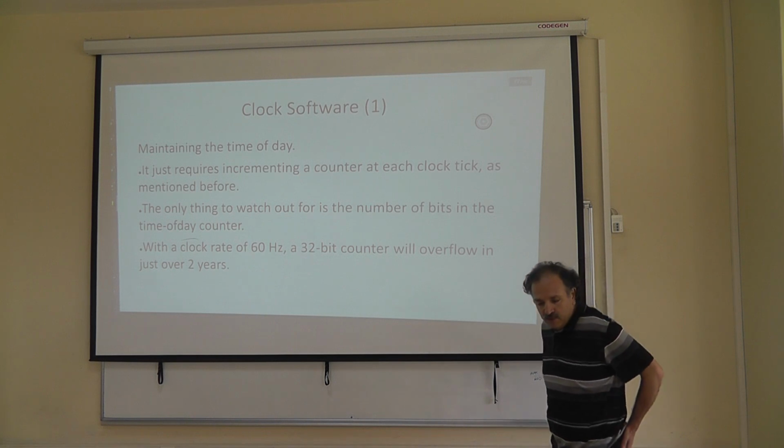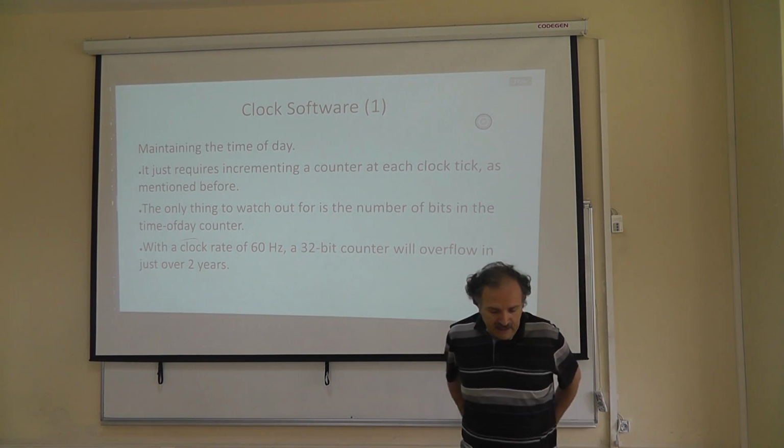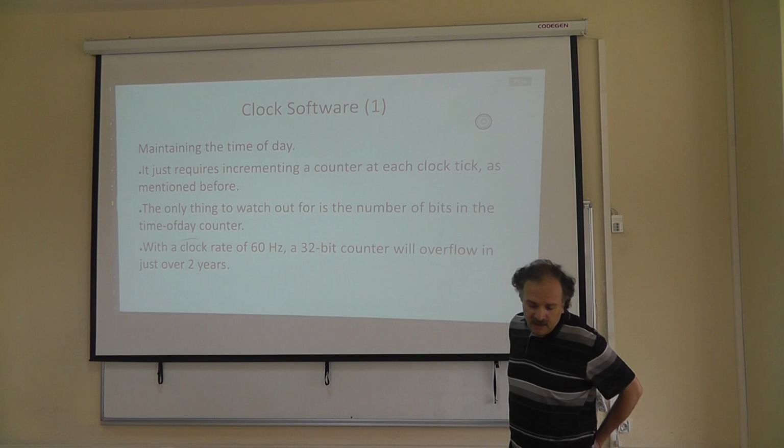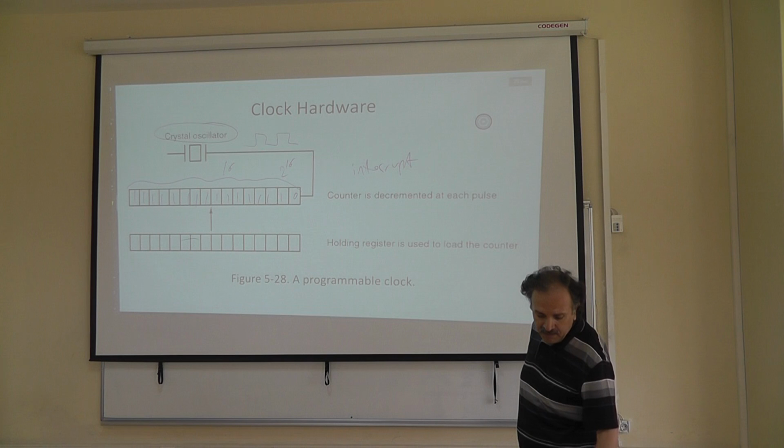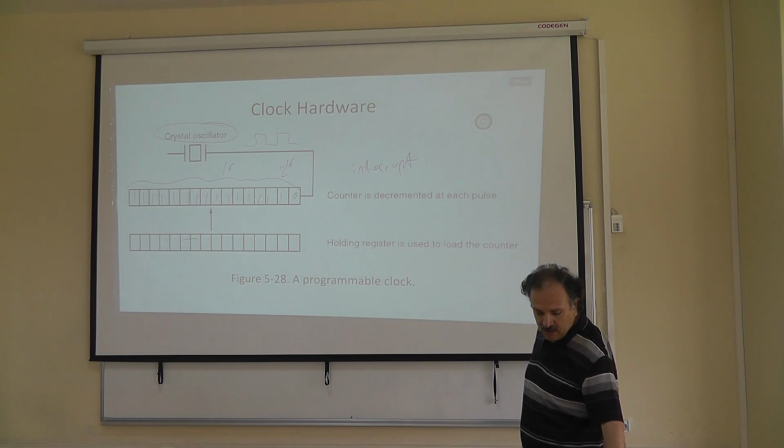memory location. And at that memory location, it counts at each clock tick. Clock tick means that, remember this counter, when this counter reaches 0, it produces an interrupt. Each interrupt means a clock tick. So a clock tick happens maybe 60 times a second, or maybe 50 times a second, at most 100 times